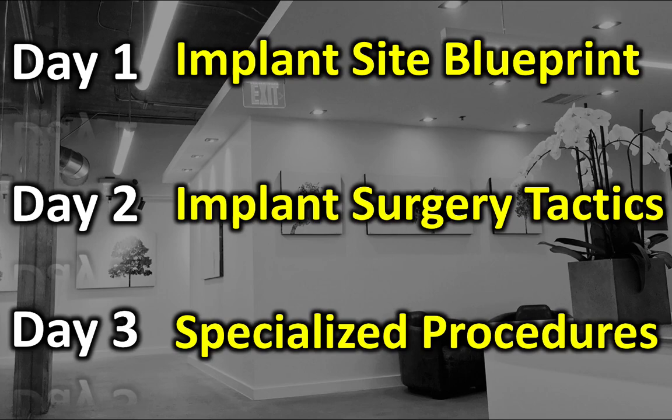And what's really important is that I'm going to train you on the high performance mindset, how to get to a high performance level as a surgeon and hit all the important points when you're performing a surgery, so you don't have to be all scattered and lacking in confidence when you actually get to do this procedure. So these 3 days are dedicated to the 3 steps that you need to have on your path to having